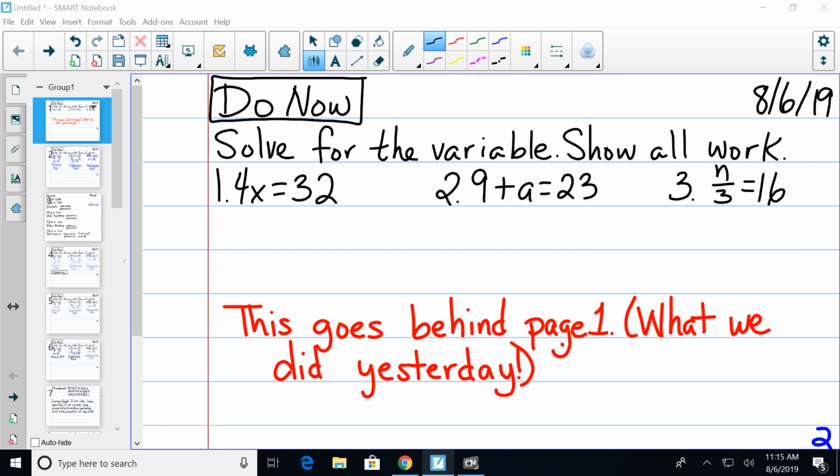All right, because 4x represents multiplication. So in order to solve, we do inverse operations. Raise your hand if you've heard of inverse operations. That should be everybody. If you've never heard of inverse operations, you need to make sure you write this in